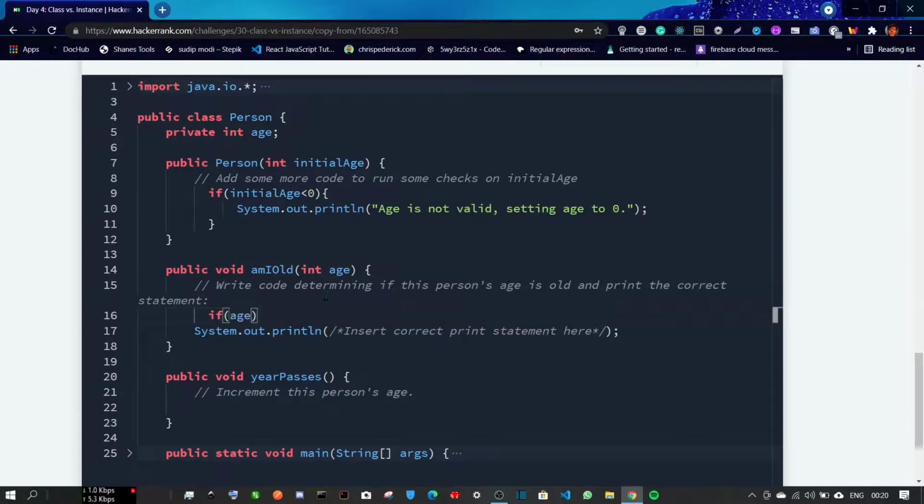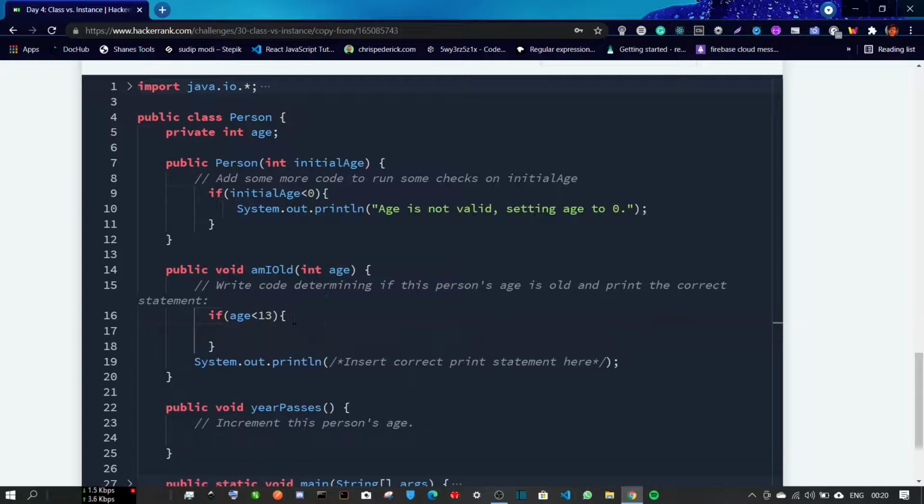If age is less than 13, then we have to print, so System.out.println. We print the string "you are young". Do not forget to put the full stop, then end with a semicolon.